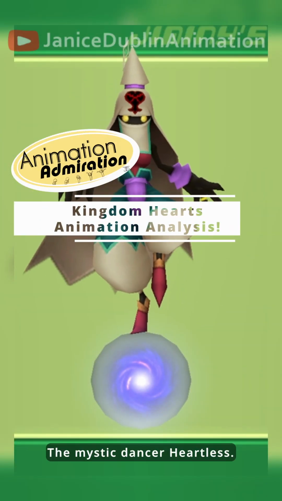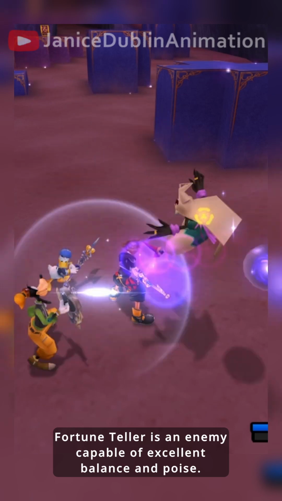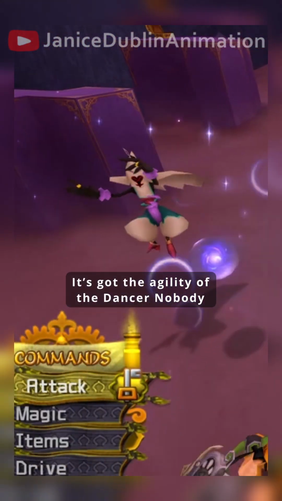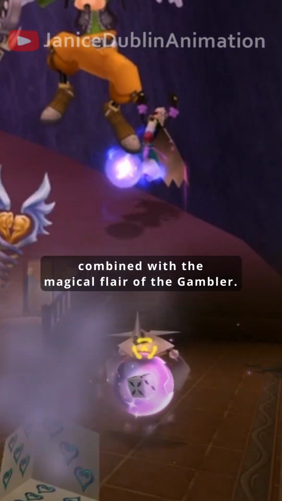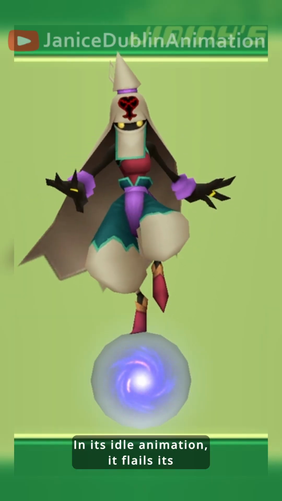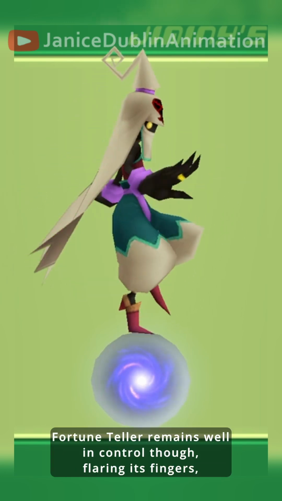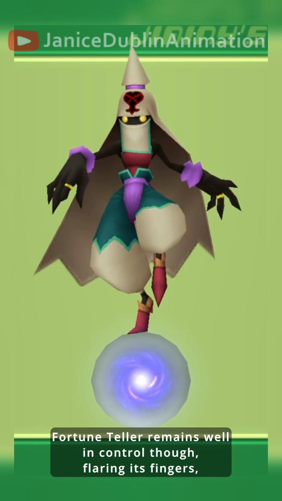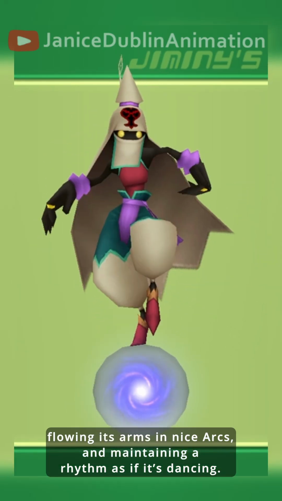Fortune Teller, the mystic dancer Heartless. Fortune Teller is an enemy capable of excellent balance and poise. It's got the agility of the dancer Nobody, combined with the magical flair of the gambler. In its idle animation, it flails its arms around while balancing on a crystal ball. Fortune Teller remains well in control though, flaring its fingers, flowing its arms in nice arcs, and maintaining a rhythm